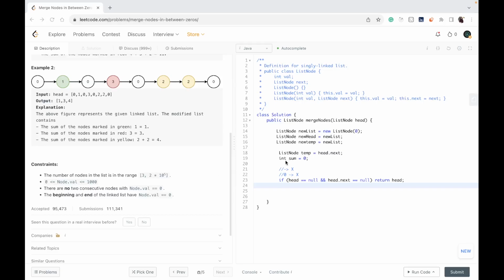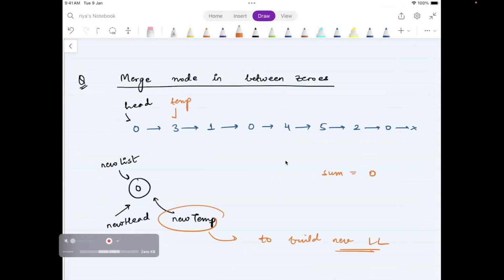Next, what we will do is we will travel over the linked list and do the summation. The code is going to initialize a pointer temp, which is going to start with the very second node of the linked list. We also have a variable sum which is equal to 0. Then we are going to iterate over the input linked list, adding values of the nodes to the sum value, until a 0 is encountered.